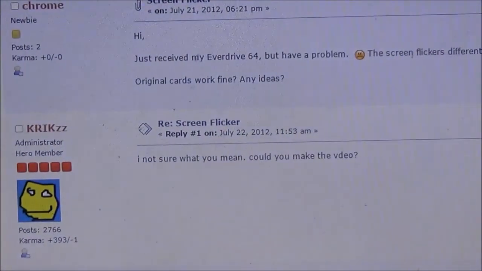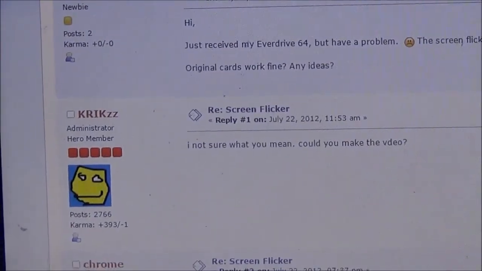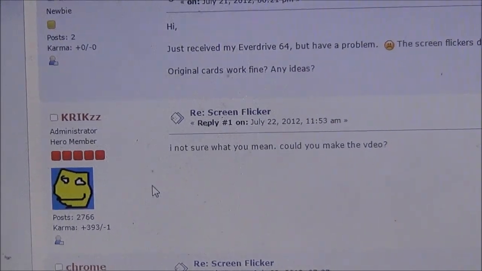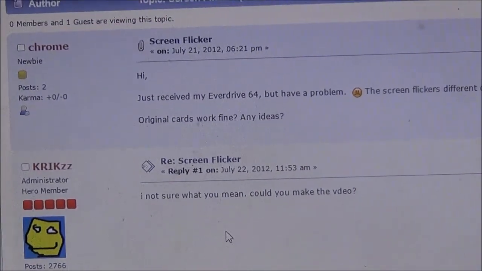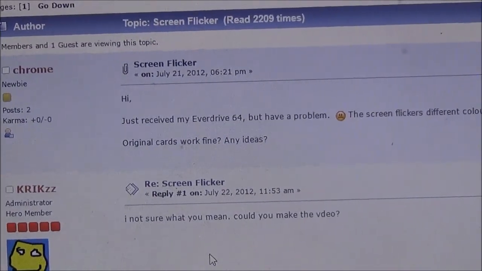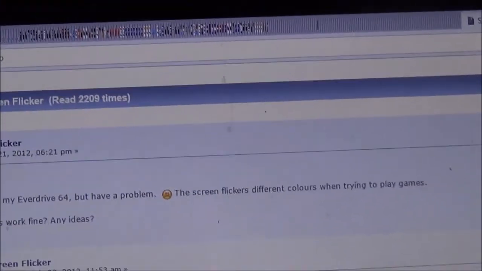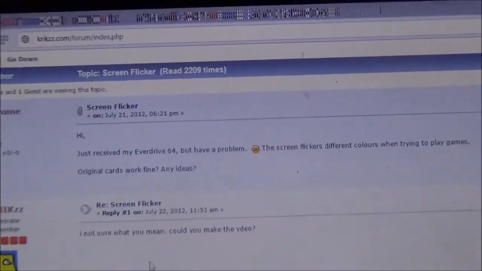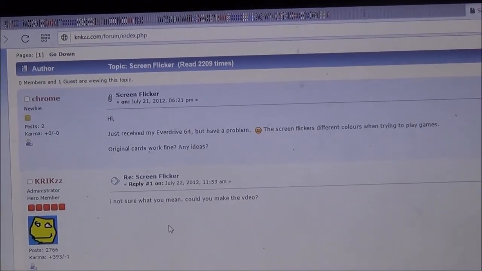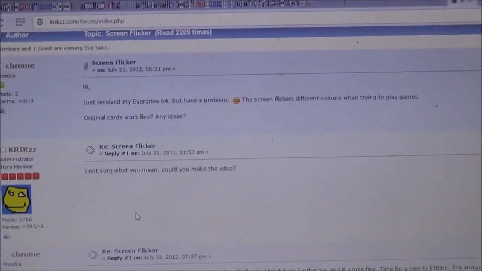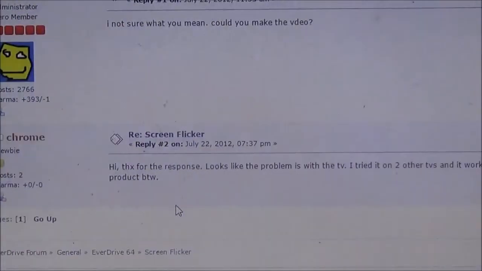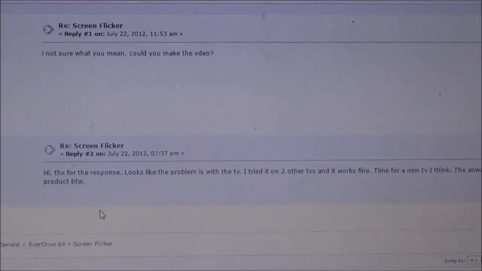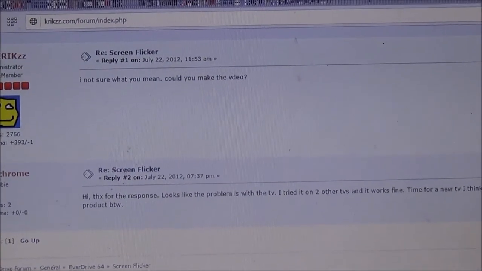He doesn't even know what he means by screen flicker, and he has this dumb little face, like, I don't know. The screen flickers different colors, British spelling, when you try playing games. Original cards work fine. Any ideas? This is the guy who created it, and he doesn't even know about this error. Okay, it's a problem with his TV, but